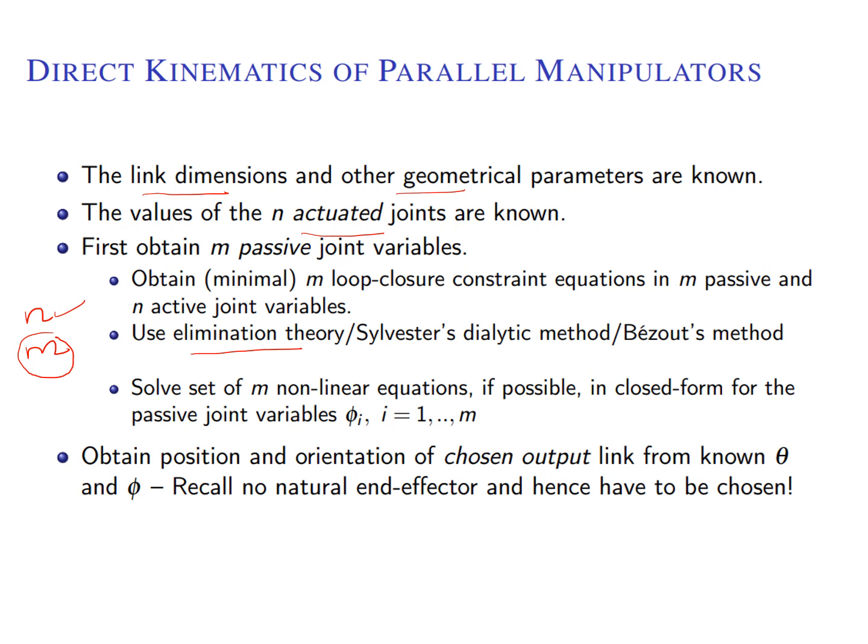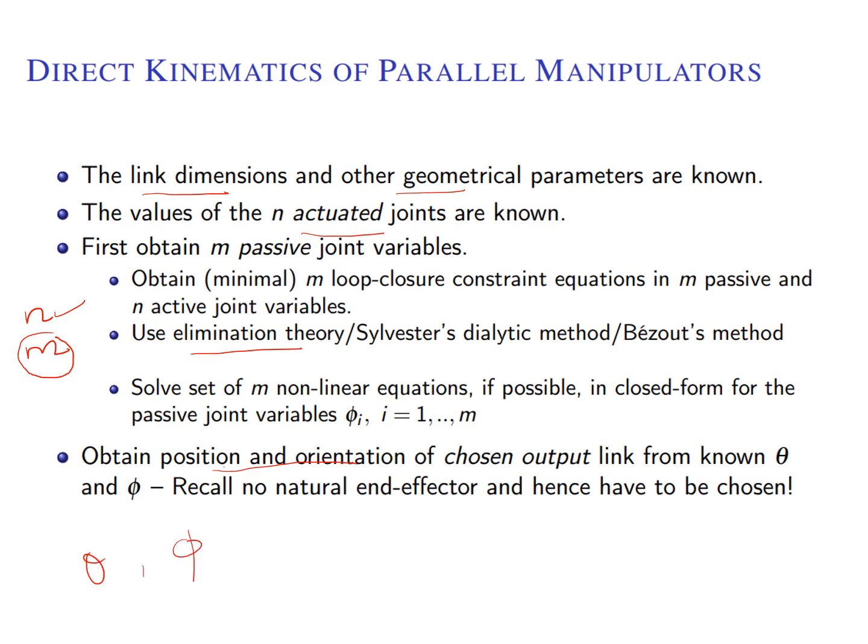Once we find the single eliminant, we can solve that equation, and then by back substitution, we find all the m passive joint variables. Once the actuated joint variables and the passive joint variables are known, we can obtain the position and orientation